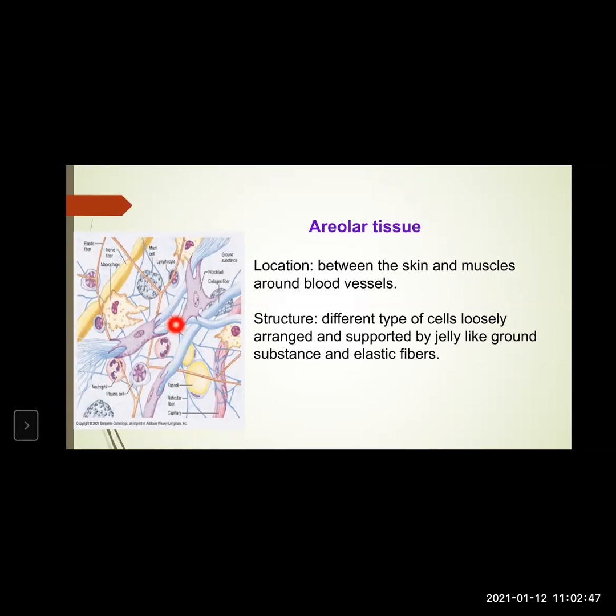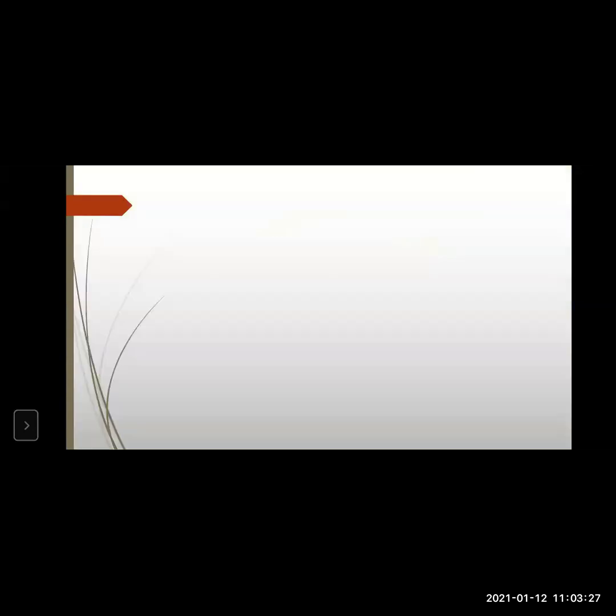The amount of elastin fiber in this tissue is more, due to which the elasticity of the tissue is higher, and hence it helps to protect the different tissues and support the internal organs. Whenever our body twists, turns, or gets jerks, in that condition, it supports the internal organs and prevents the damage that might be caused because of the jerk that we feel, okay, or because of the twists and turns of our body.